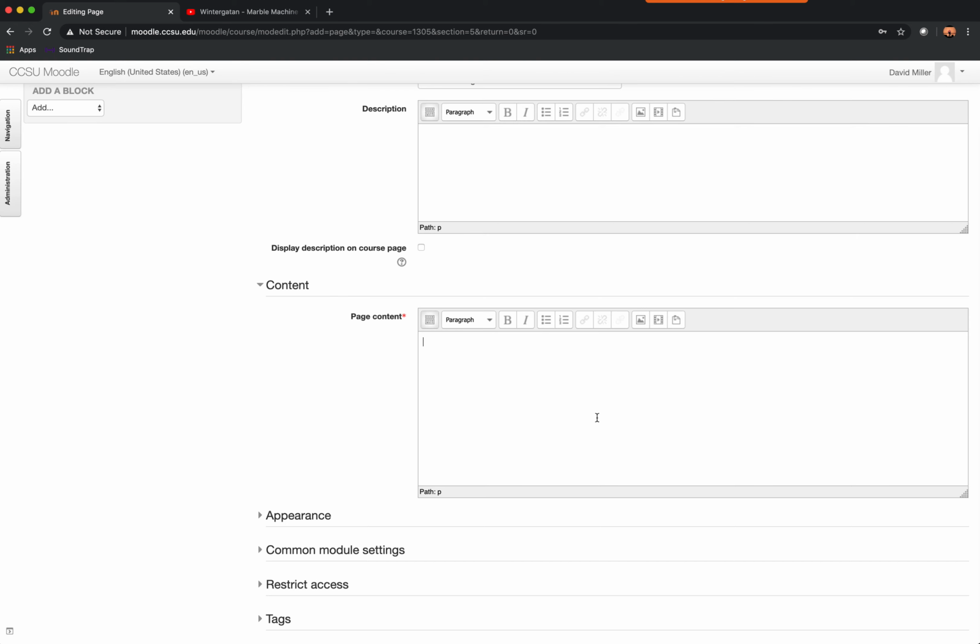Any of these text boxes in Moodle, as I think a lot of you have found out, give you these basic editing functions, which are the formatting of the text: bolding, italics, bulleted lists, numbered lists. If you want to create a hyperlink, these three buttons here are for creating hyperlinks.